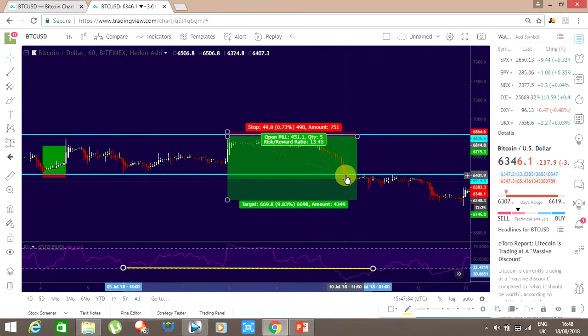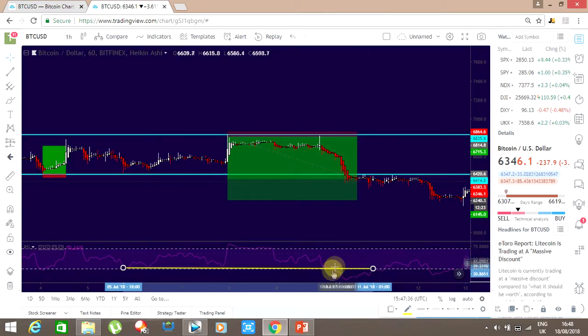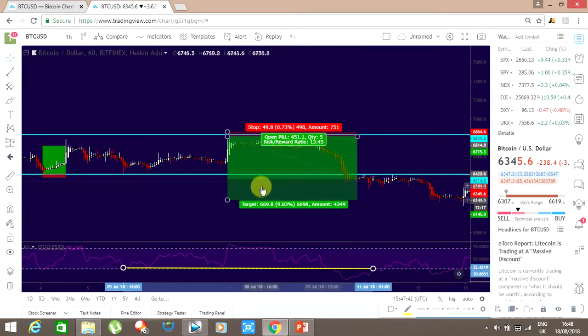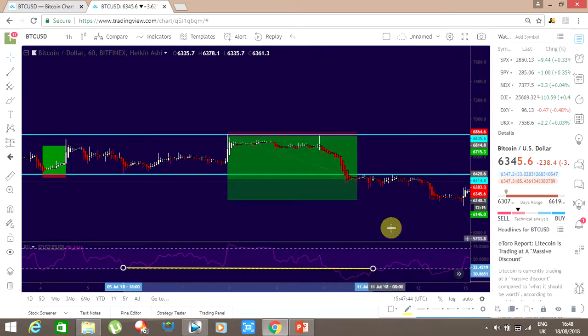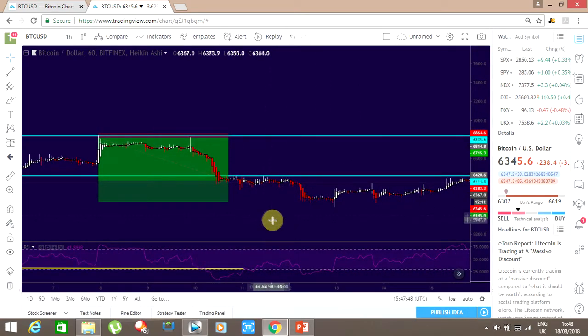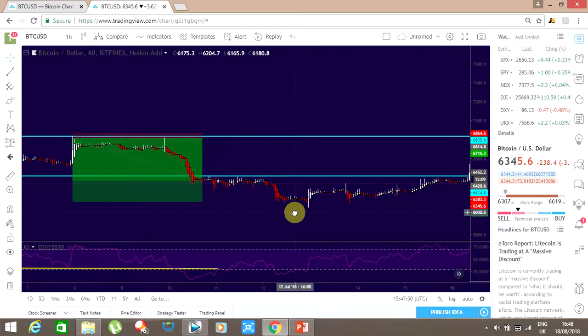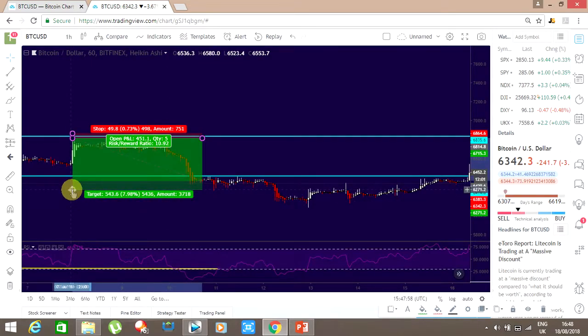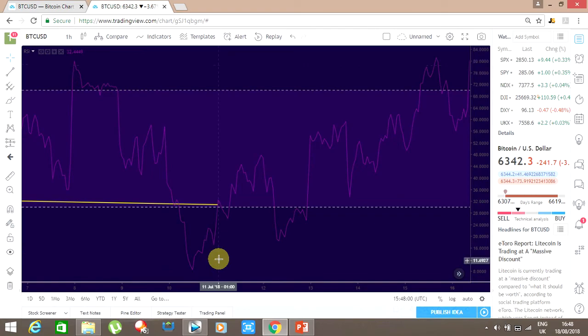So when the price was approaching this support level, I also would have been looking at the RSI, and if the RSI broke this support, then I would have extended my short position, okay? And then I would have exited the short position when I see some bullish divergences coming back into the market. So if you're going off of the RSI, you could have closed your short